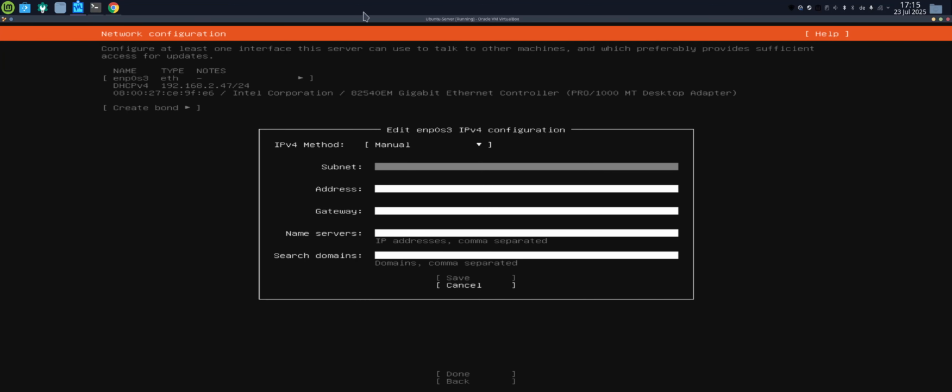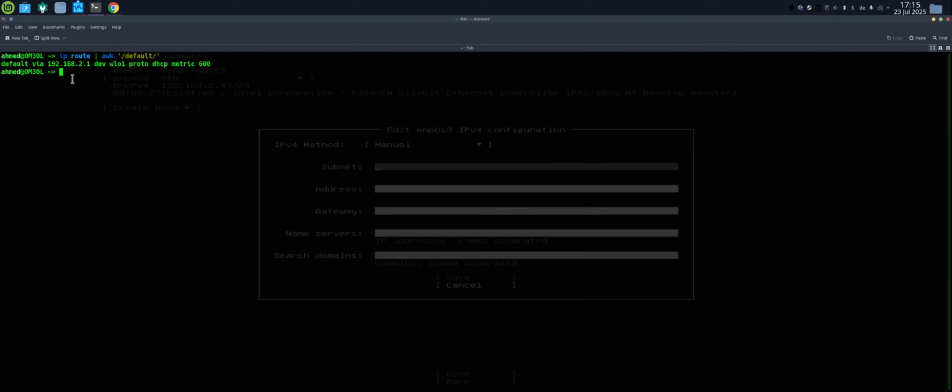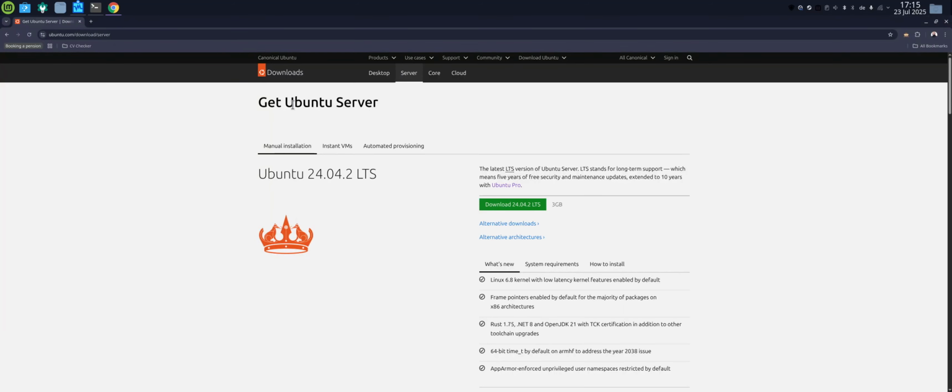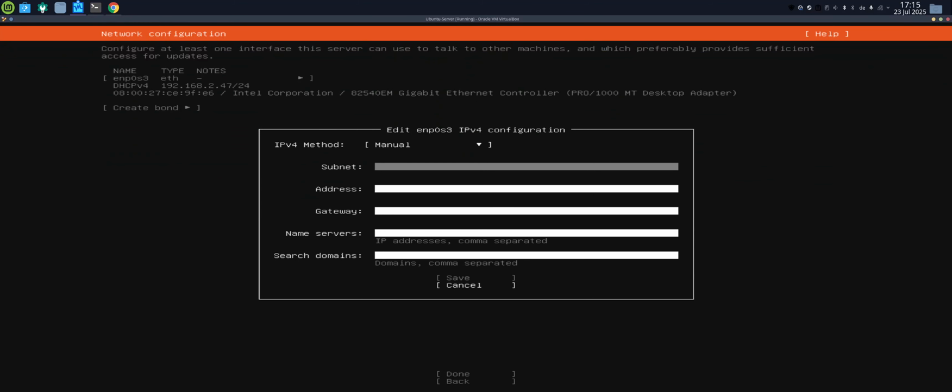Remember, when we ran this command, we found that the default gateway is 192.168.2.1. So if this is the case, then the subnet should be 192.168.2.0/24, and I'm going to choose the address myself, and it's going to be